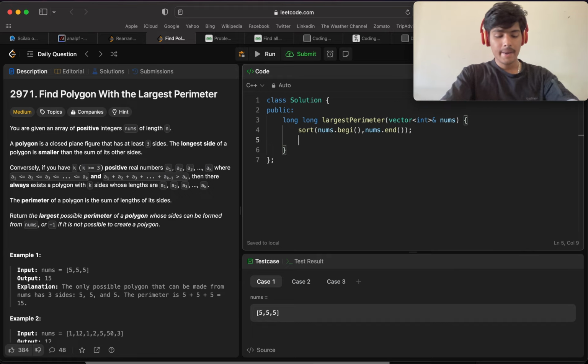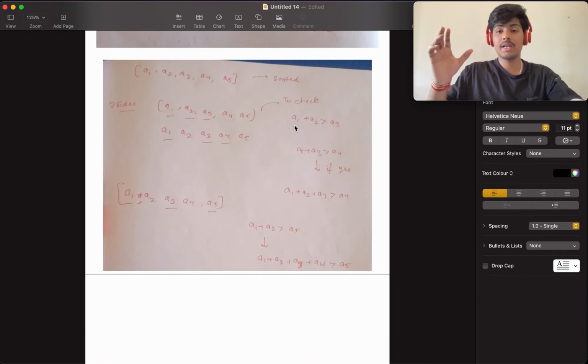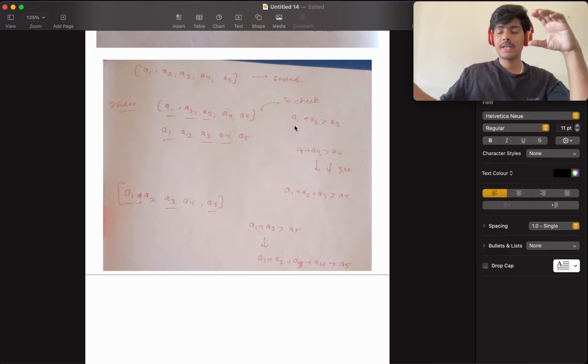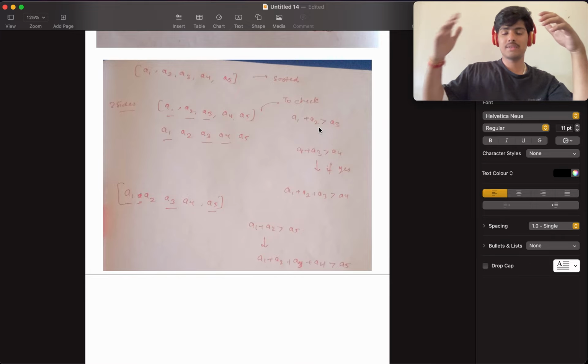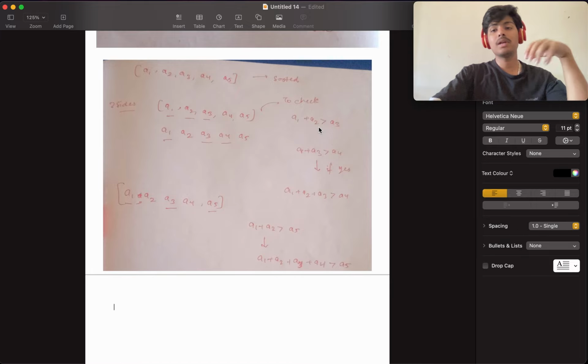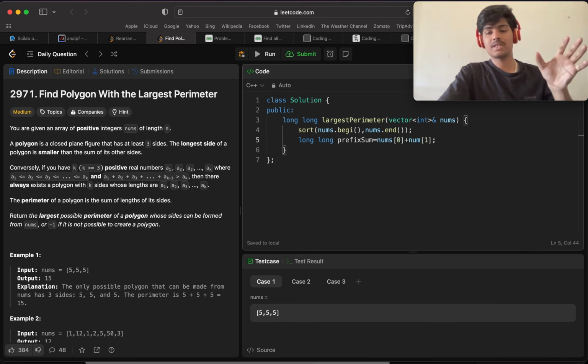So now what I will do is I will take a prefix sum because we are taking the sum. We are taking some a1 plus a2 that should be greater than a3. Then we are adding something in a1 plus a2, means a1 plus a2 plus a3. Then we are adding something. It is like a prefix sum. So we'll take long prefix sum. Initially it will be equal to nums 0 प्लस नम्स वन